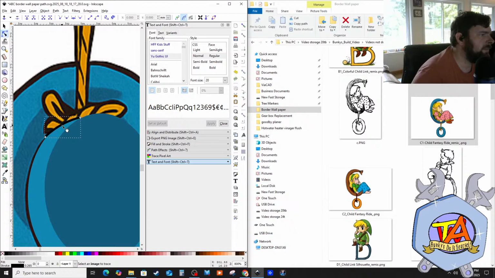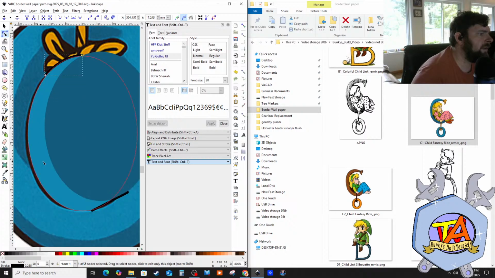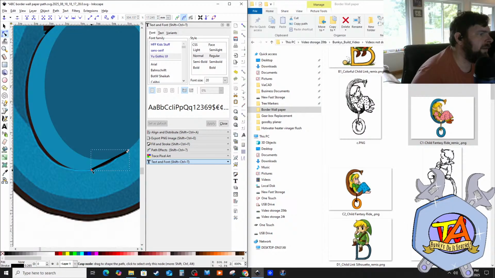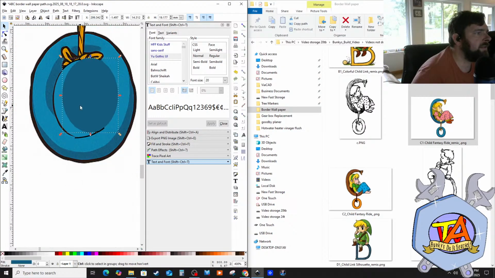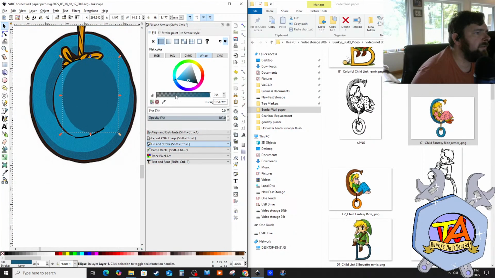And in order to bend it a little bit, give it a little bit of shape, grab it and pull it a little bit. And I might be able to do here, and try to continue that here. And then in order to do the outline on this, all I need to do is fill and stroke, and I go to stroke path, and